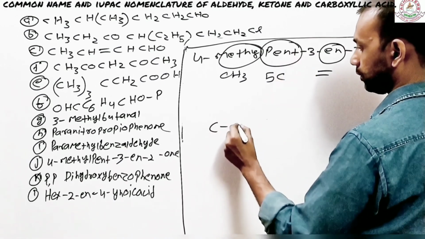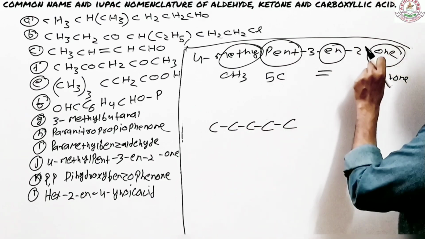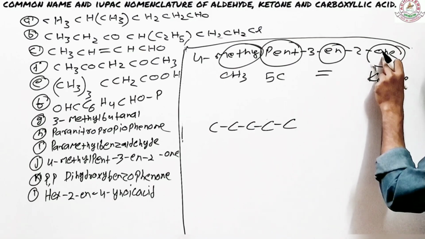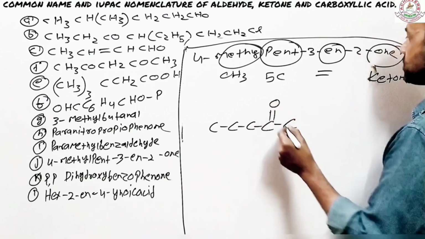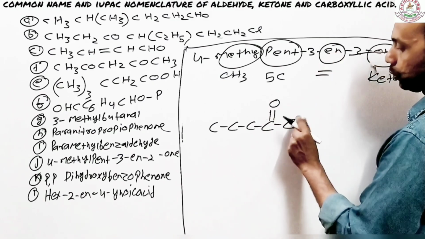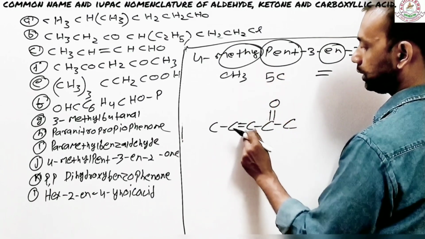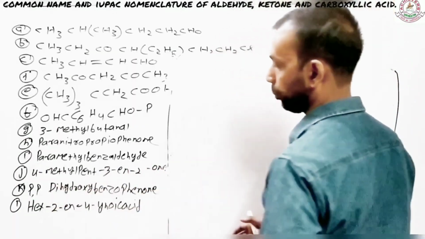Draw first 5 carbon. 1, 2, 3, 4, 5. First you need to understand that the ketone is major. So on the second one, either this one or this one is going to be a ketone. So this is your 2-one. This is done. Now on the third you have a double bond. So 1, 2, 3, you have a double bond here. And then on the fourth, 1, 2, 3, 4, you have a methyl. That's it. Now let's do the next one, which is para